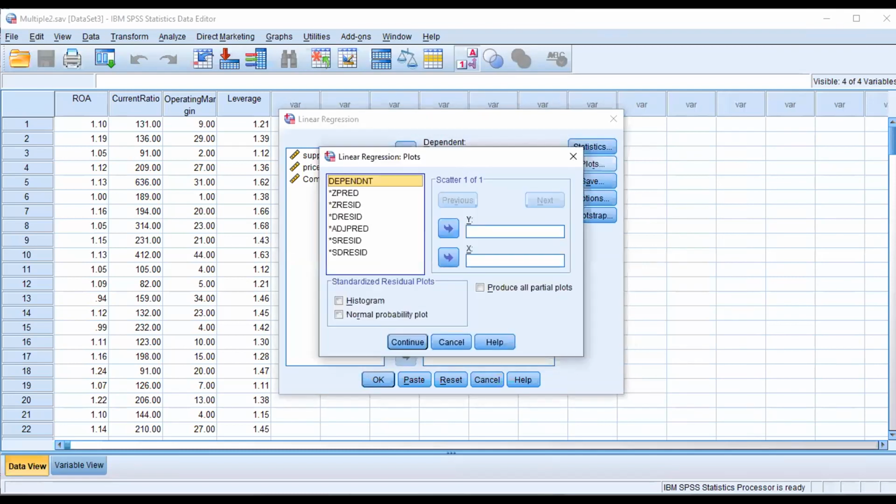In Plots you can also get the residuals, which is basically used when you have to check heteroscedasticity in the model, but you don't have to do that, or the histogram or normal probability plot. Here we are not going to check that.